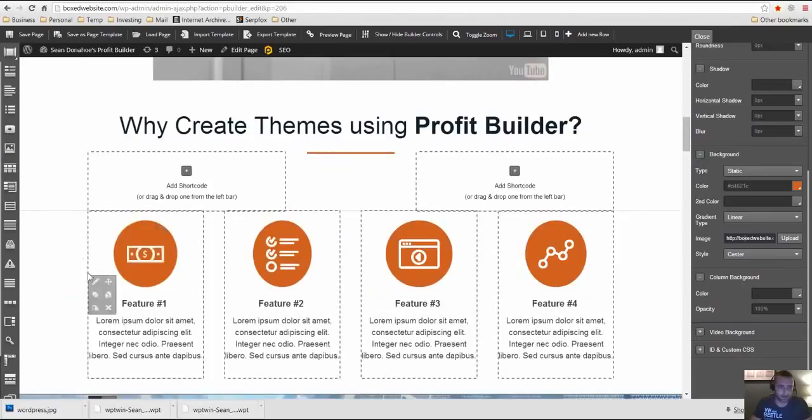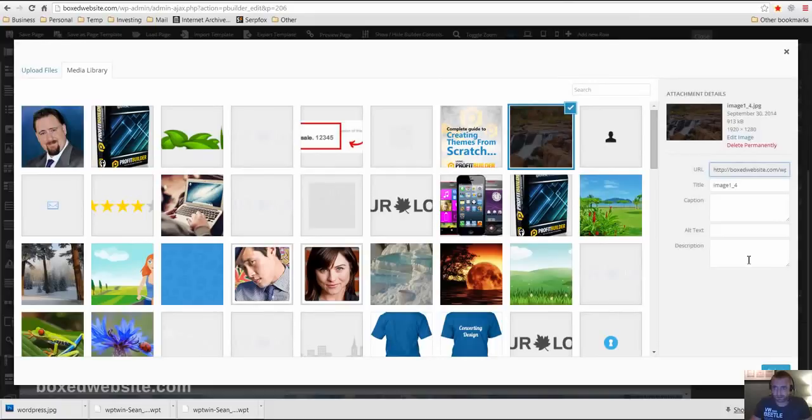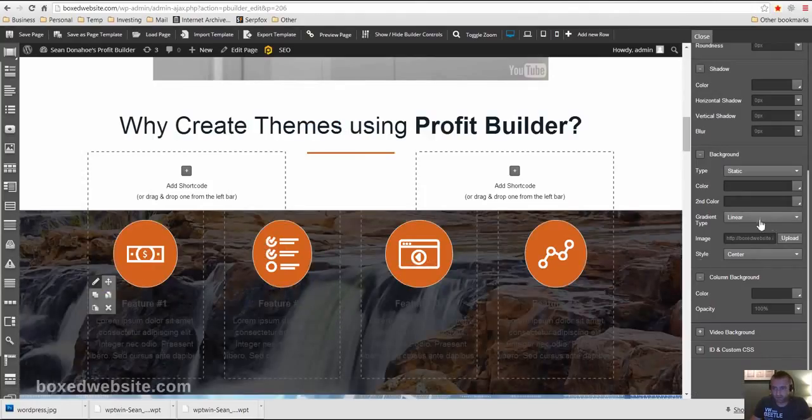But let's say, yeah, here, we'll just put a background here. So we'll edit that and then enter the background. And we'll go ahead and pick, let's see what that is. Yeah, it's a big enough image. We'll put that there, and you can even do a gradient if you want to, or you can just pick